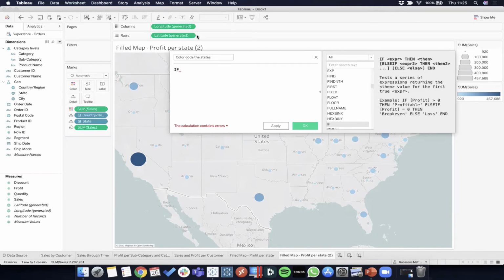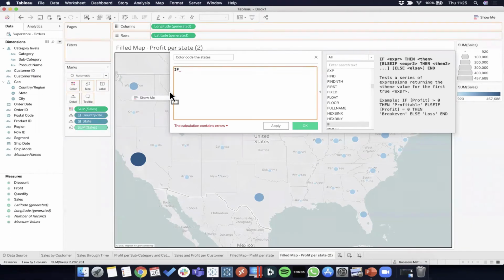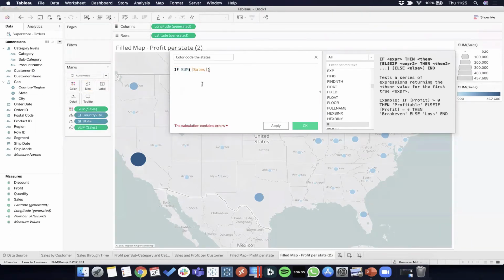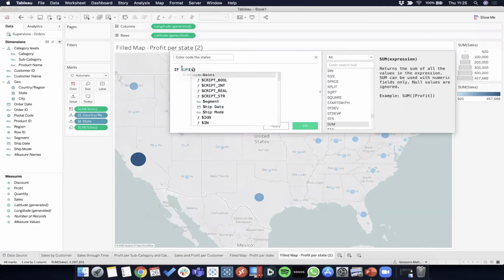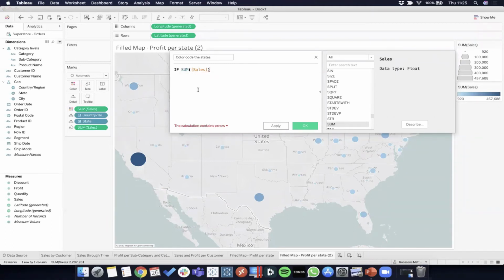If what? Well, if you're not really sure, just use what you've been using in your visualization. If sum of sales, and just drag it in your calculated field. If, drag in sum of sales. You can also type it yourself, sum of sales. From the moment your sales between brackets is highlighted in orange, it means you are using an existing column. Once more, the easiest way would be if what, drag sum of sales in your calculated field box. If sum of sales is bigger than